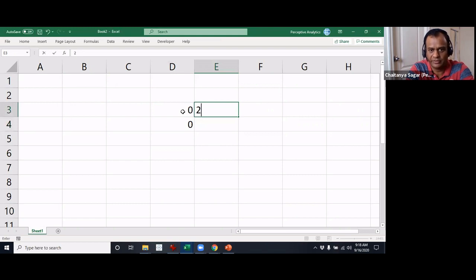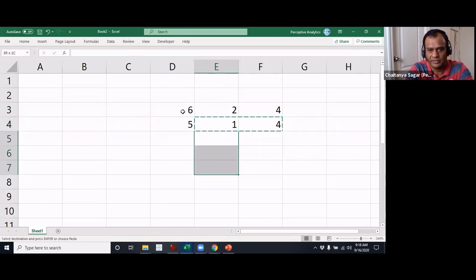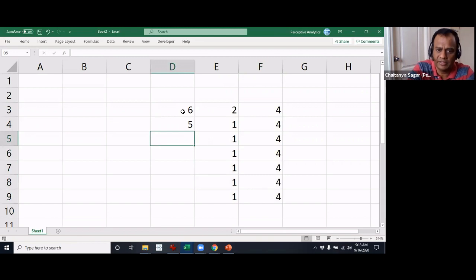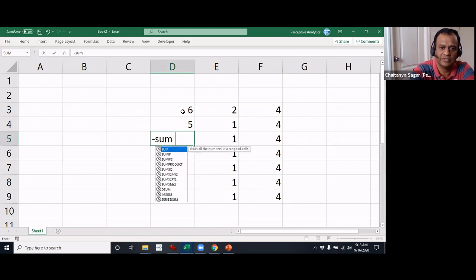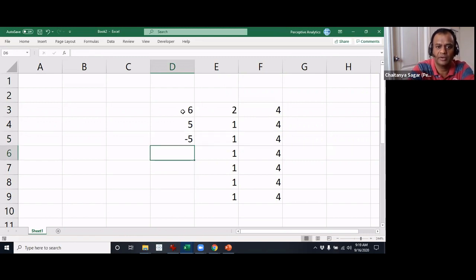Let me just put some numbers here, and so on and so forth. I'll just copy paste this. Similarly, you can also use a minus and use the same function, and it will still work. The only thing is it will have a negative symbol because there is a minus at the beginning.